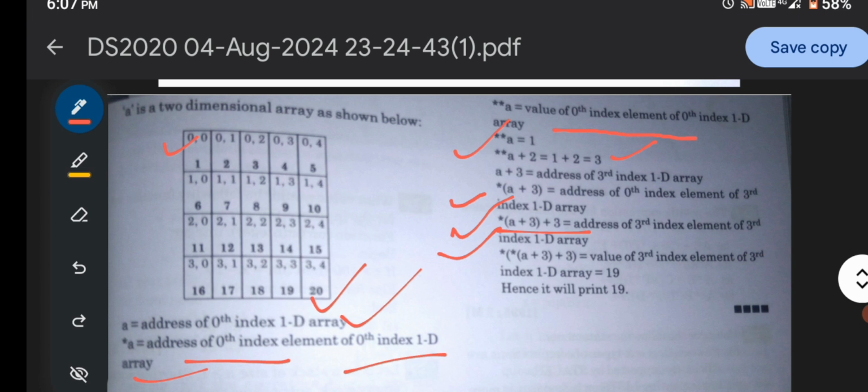Again we go through this procedure, and we get the value of the third index element of the third index 1D array, that is 90. If we talk about this one, here 3 comma 3 represents 90. So the correct answer for this question is 19.